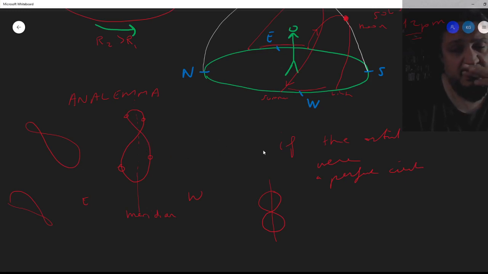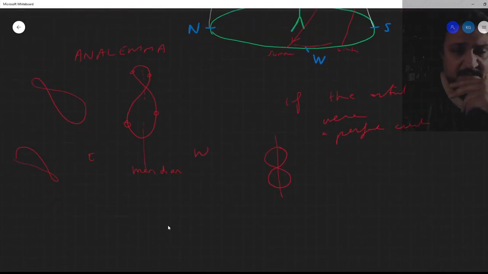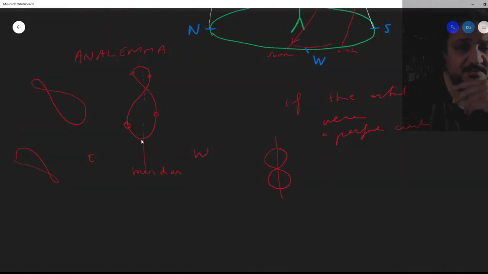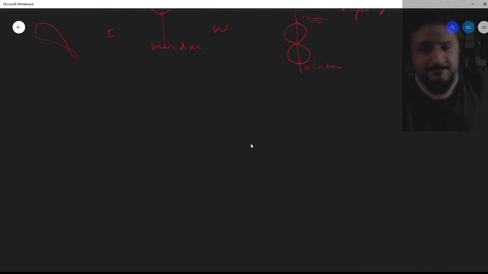Now, I'm not going to go into very much detail right now, but just to give you an idea about why this elliptical nature has an effect on where you see the sun at noontime or any time you pick, it goes like this. So, by the way, normally this would correspond to winter solstice, this would correspond to summer solstice, right? Now, what does this elliptical shape have to do with the shape of the Analemma?